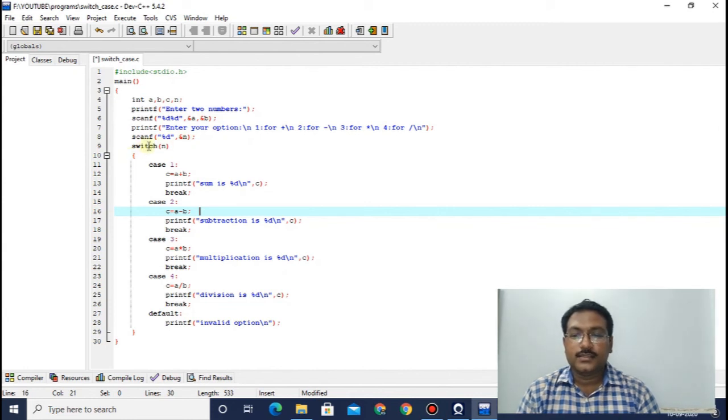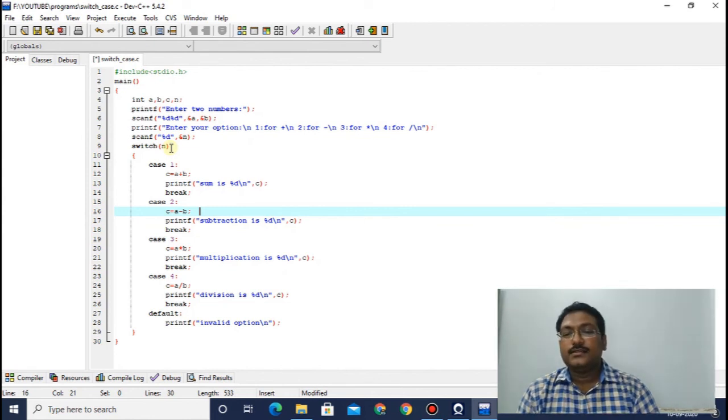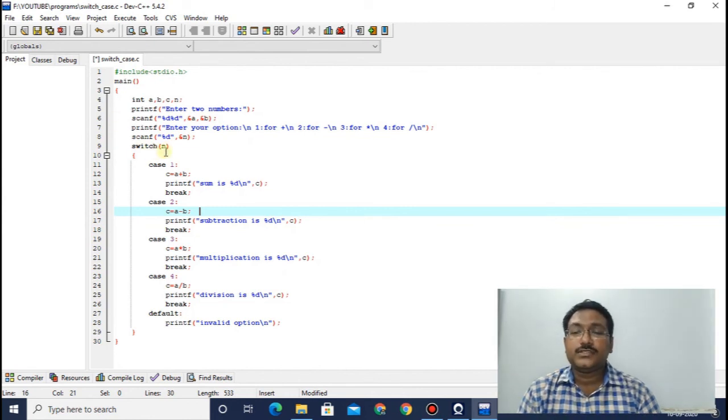Then the option given by the user is saved in n. Then switch(n), because the expression should be of constant or integer type. Case 1: c = a + b, printf sum is, then break. Similarly case 2, break, case 3, break, case 4, break, and at last default.